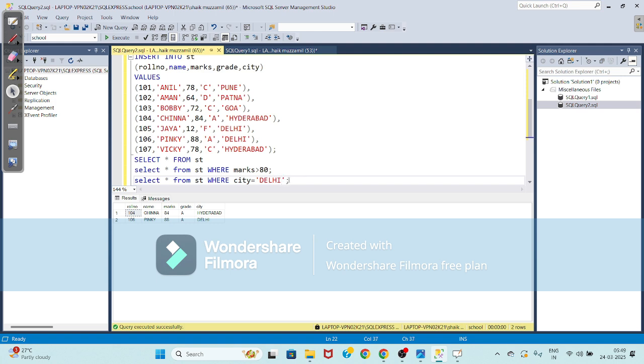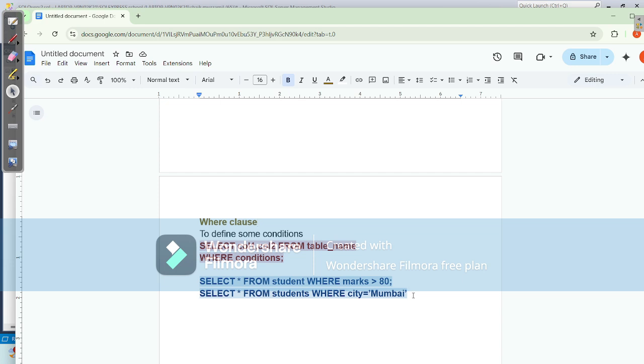So when you execute this, what you'll get here is only the students who are from Delhi. Okay, so when you execute these two, you'll get the information.